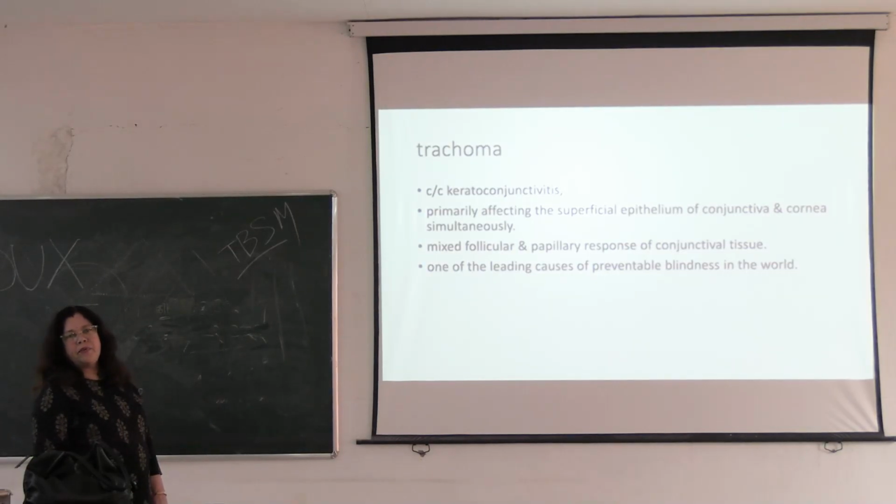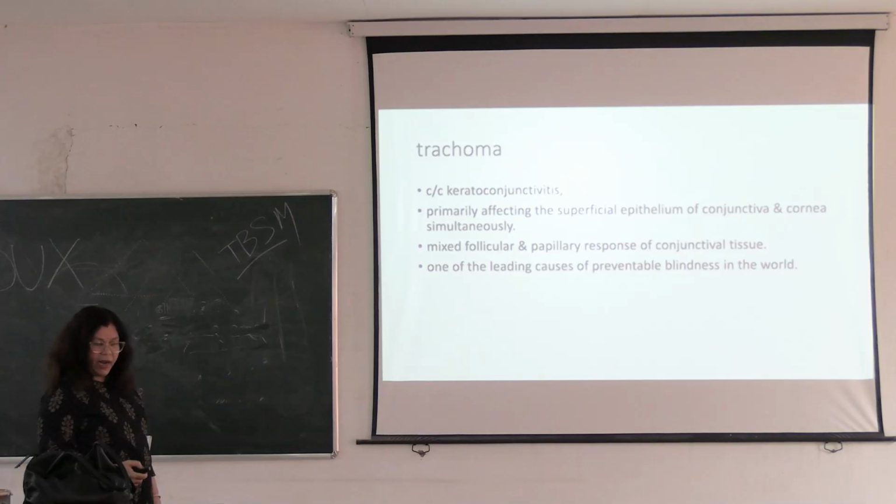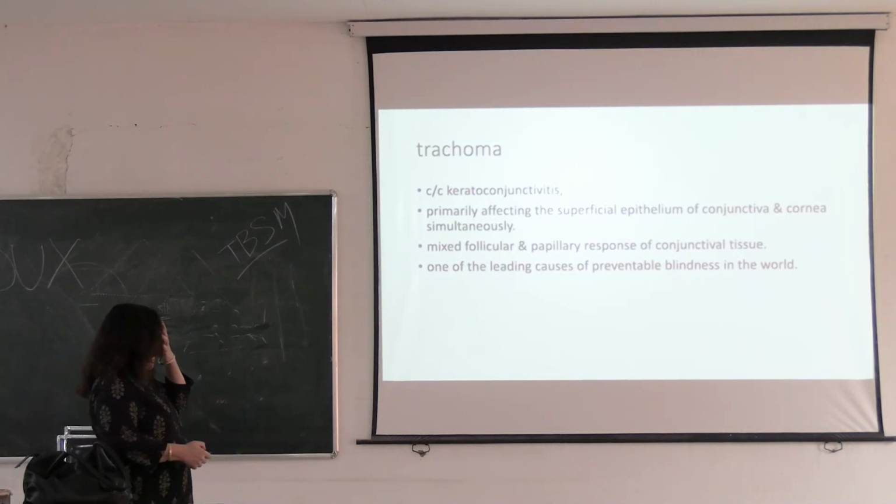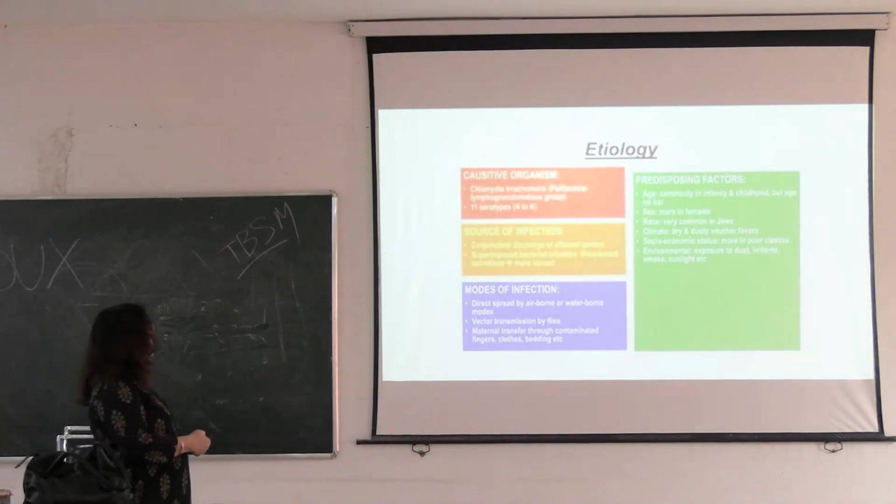What are the other preventable blindness diseases? Vitamin A deficiency, that is preventable, okay. Corneal blindness, ulcer. So,